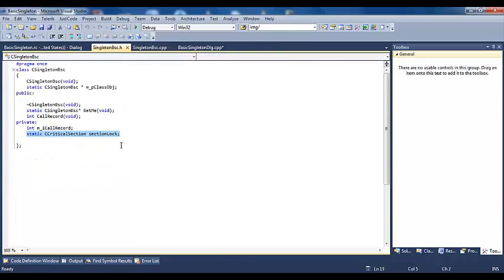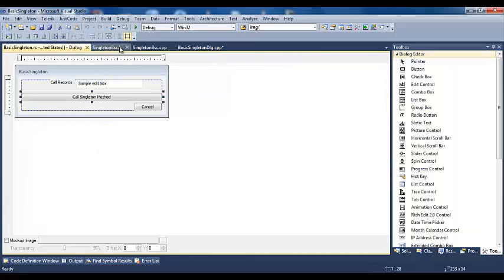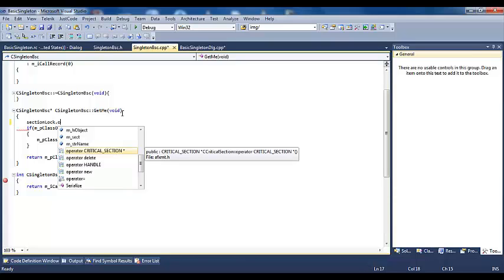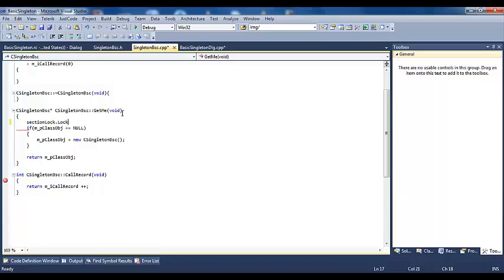I already told you about this static getter section. We have to do nothing. We just have to lock and unlock.